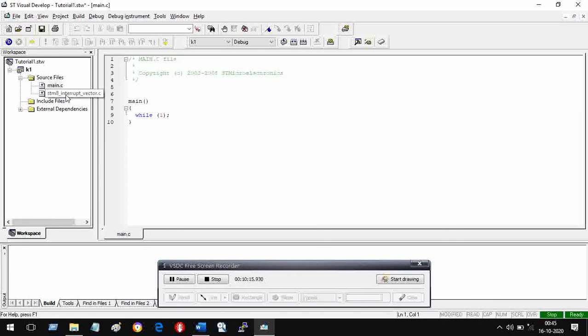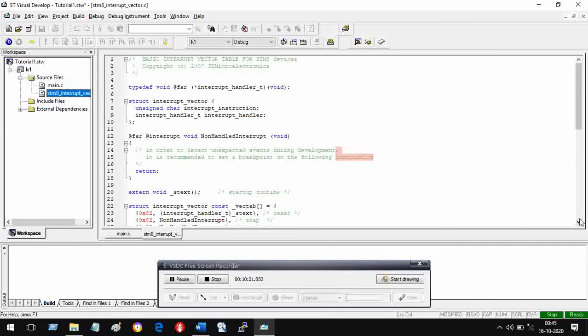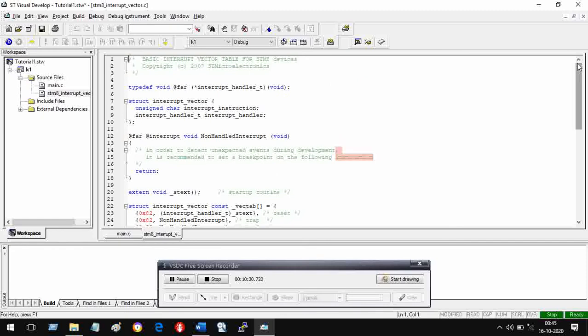Then stm8 is interrupt vector. This interrupt vector, let us not worry about it. When we look at interrupts, then I will tell you how to make use of this. It's interesting. What is the importance of interrupts? You are doing something, you are very busy, and somebody wants your attention, then that person interrupts you. If the interrupt facility is not given in a microcontroller, it will never get interrupted. It will keep doing what it was doing, right? So interrupt is important. It makes the device intelligent. So let us go back to main C.